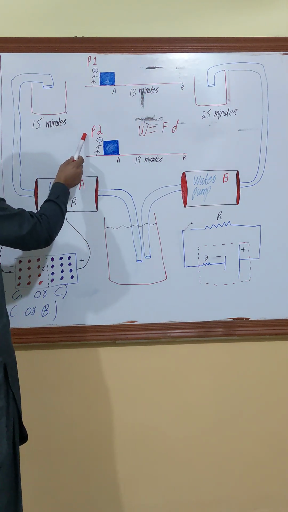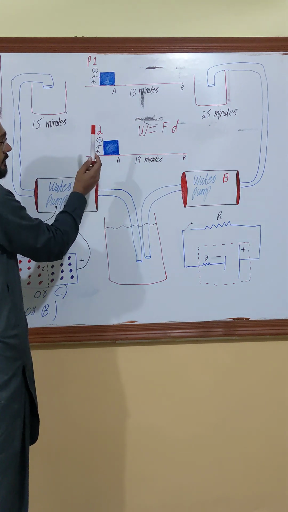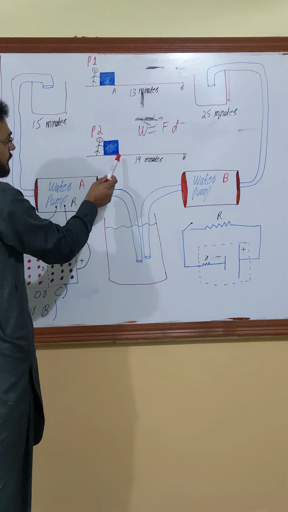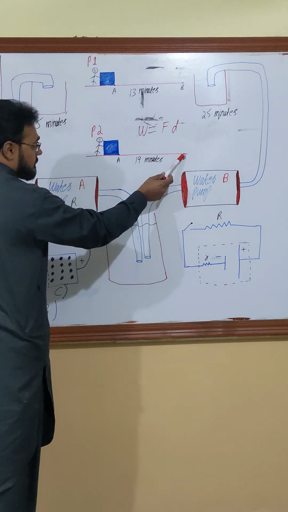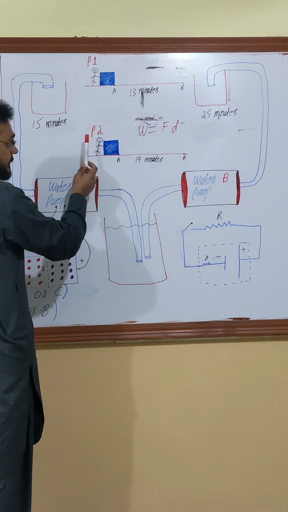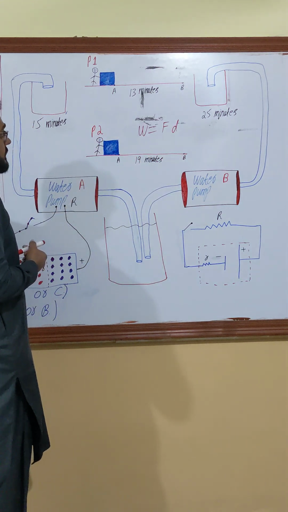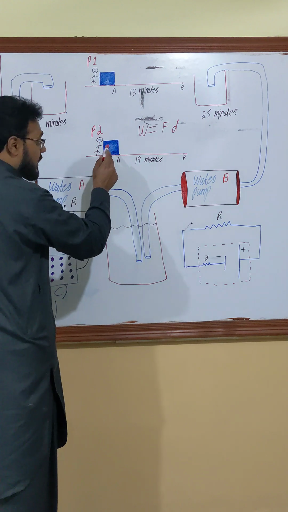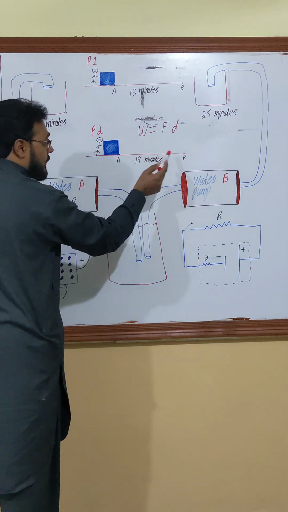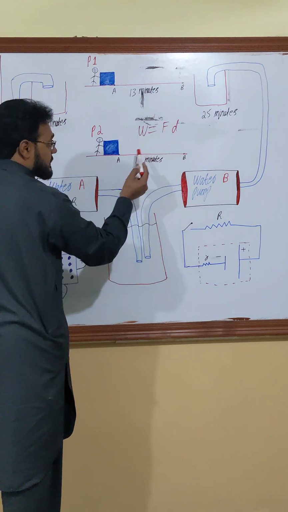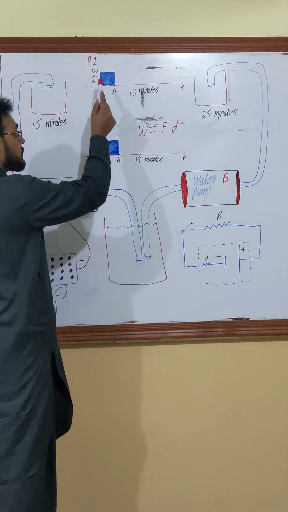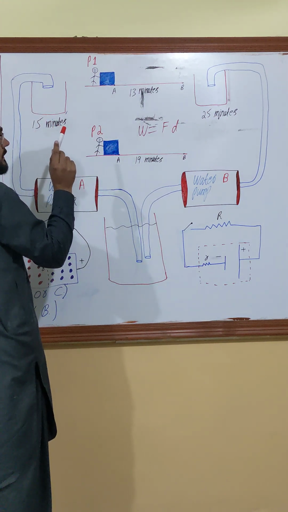And person P2 applies force on the same box to move from point A to point B, but he took 19 minutes. Force is applied on the box and distance is covered from point A to B. Force is applied and distance is covered, means work is done. Both did the work, same work, but